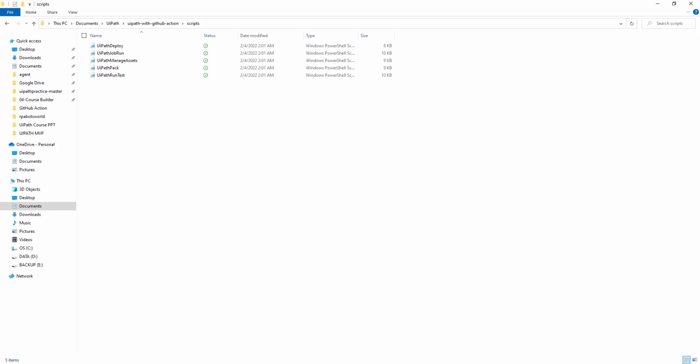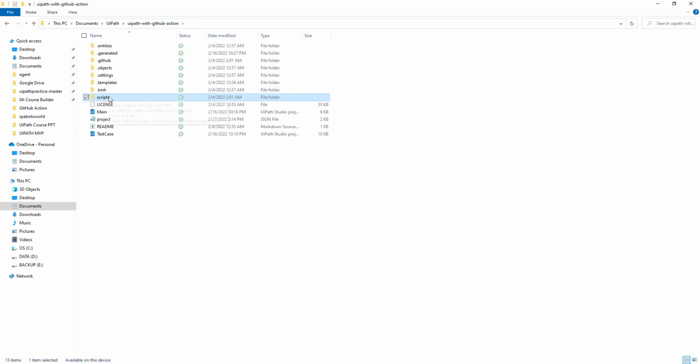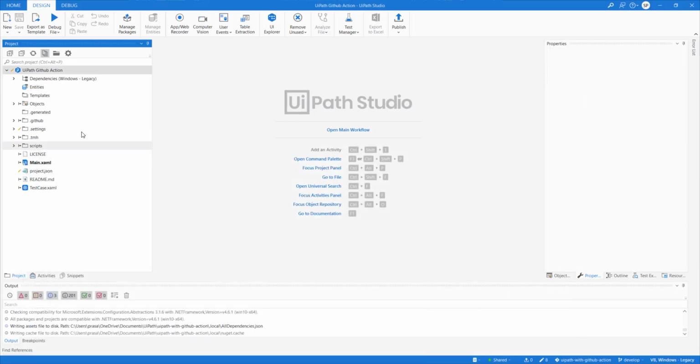So instead of using the native plugin, you can use PowerShell, which basically performs the same task. We have copied the scripts required for performing those tasks inside the scripts folder, and then we'll be using these scripts inside our workflow to perform the required task. So that's how the basic setup is.